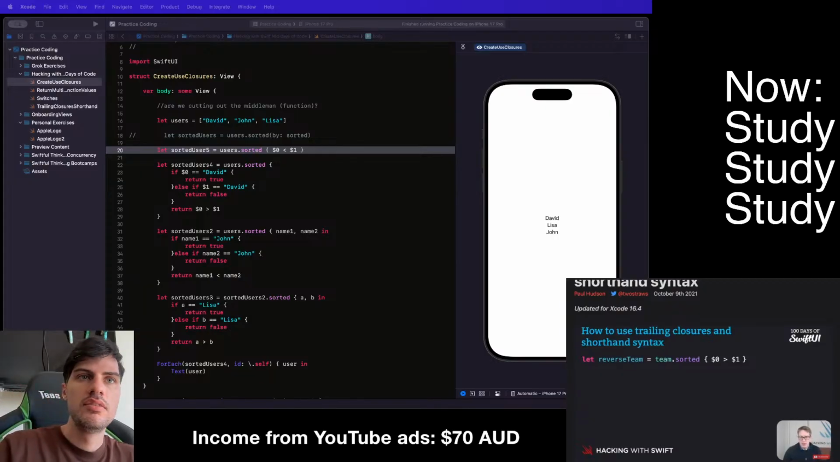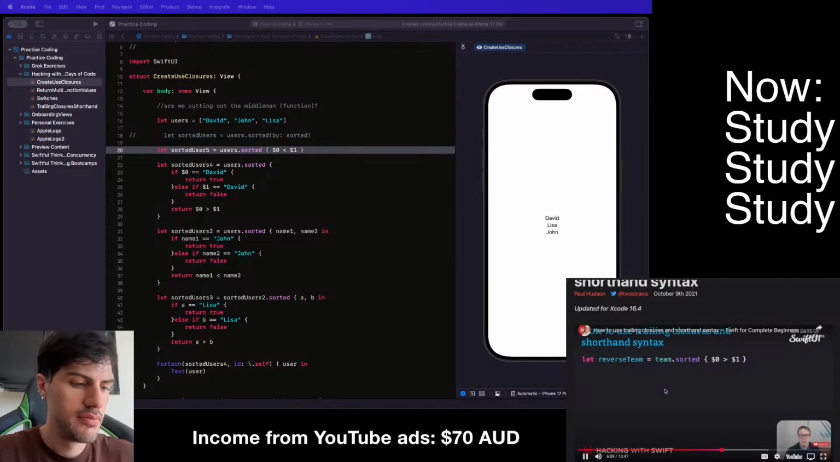Now, there are no fixed rules about when to use shorthand syntax and when not to. But in my case, I use shorthand syntax